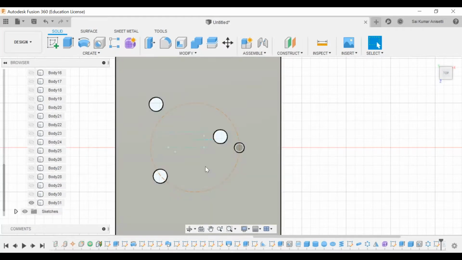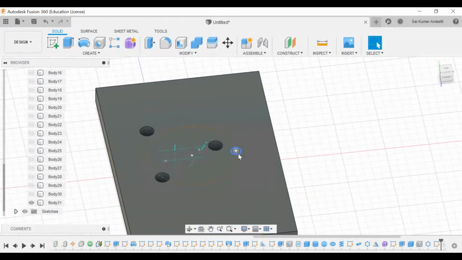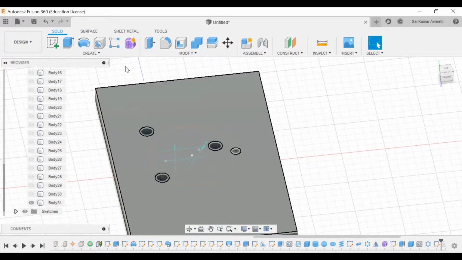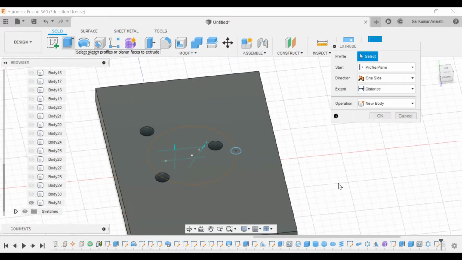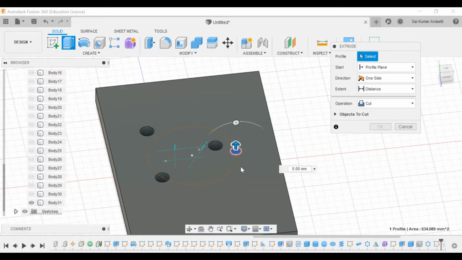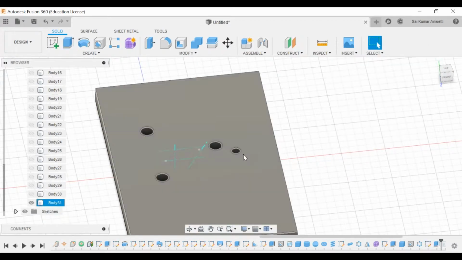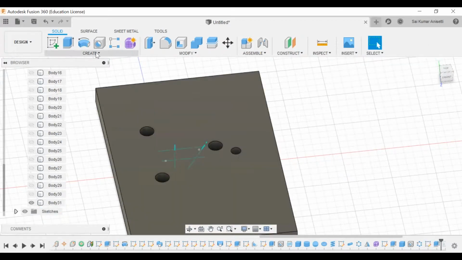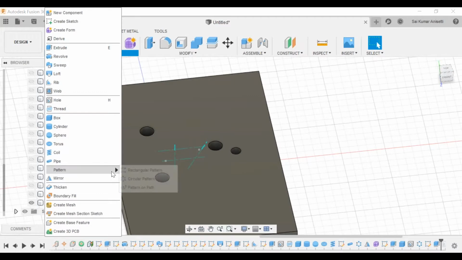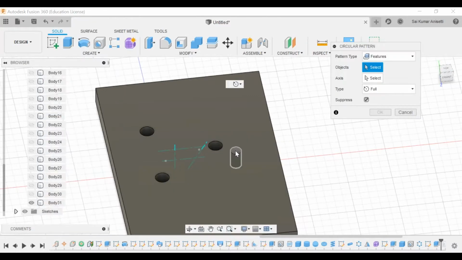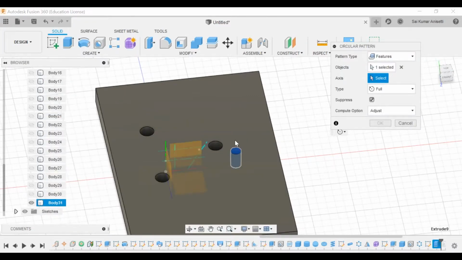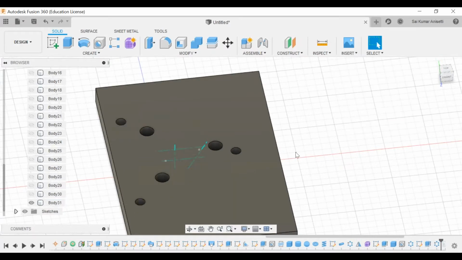Now I can make a pocket at this particular given point. Go to new body, cut. I'll make the direction. Now I'll make this a simple pattern. Circular pattern. I'll select this as my feature axis, any given random axis. Click OK.